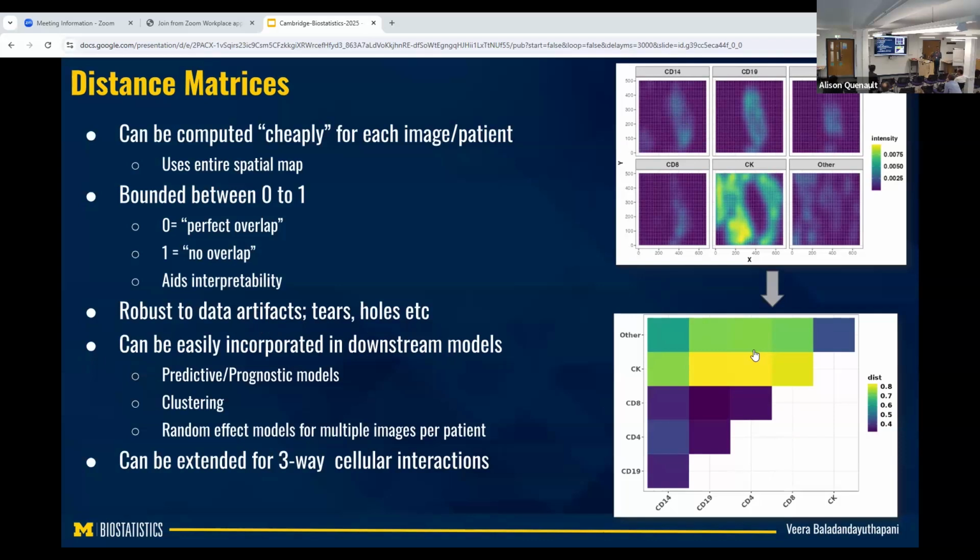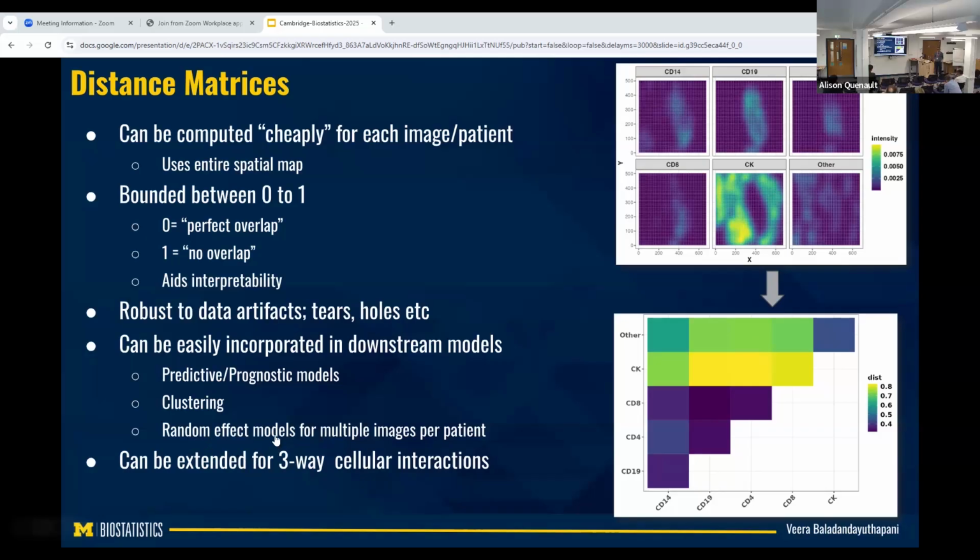And once you get this, think about this. Essentially we have lots of patient level data. Oh, I forgot to mention one more thing. There's a lot of subsampling within tumors here. I think it addresses partly your question. These are collected at different spots along the tumors, so you get like 5 images per tumor or 10 images per tumor. Then there's repeated sampling here. So it reduces this whole image into one number, and now you can use it for any kind of downstream modeling. Maybe you can run a clustering model or a prediction model, any kind of model. And then you can build a random effect.